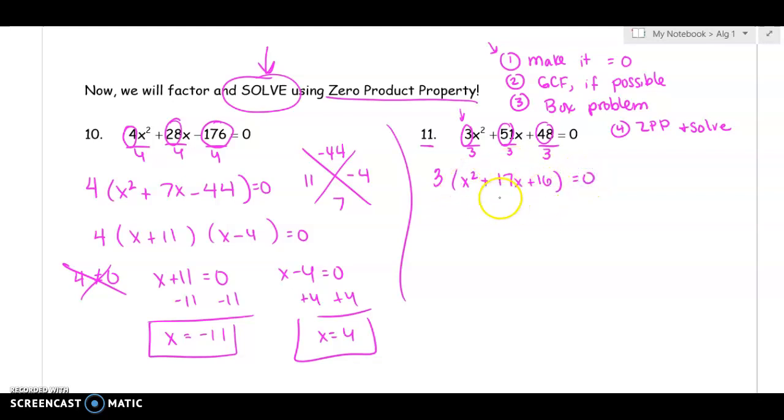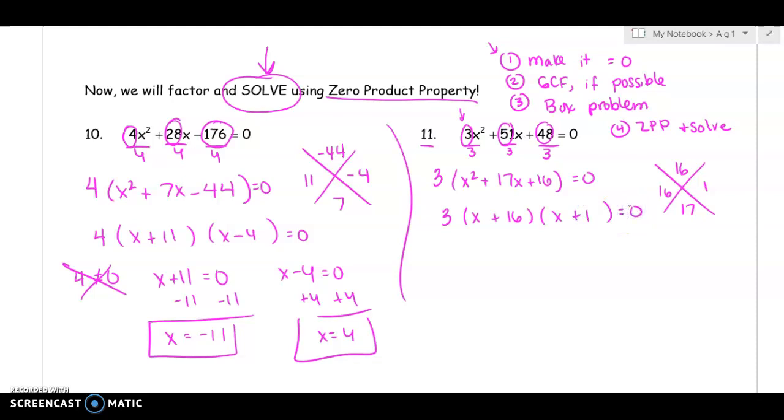Now, with the stuff that's inside the parentheses, we do our box problem. So it's got to multiply to be 16 and add to be 17. Those two numbers are 16 and 1. You make your two sets of parentheses. The 3 is still out in front. The x goes at the beginning of both sets of parentheses. Since it's 16 and 1, it'll be positive 16 and a positive 1, so plus and plus,